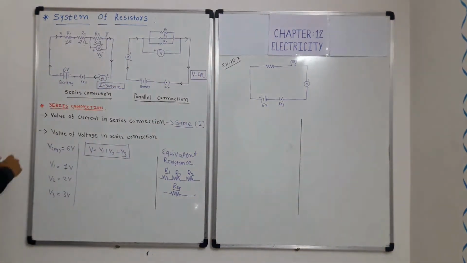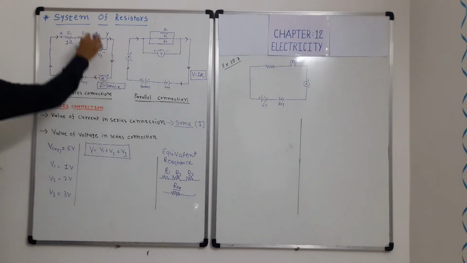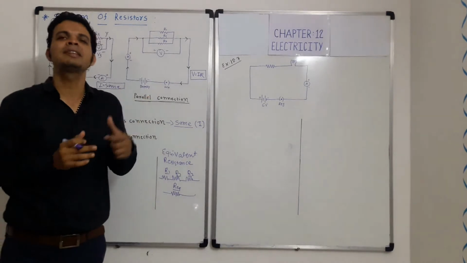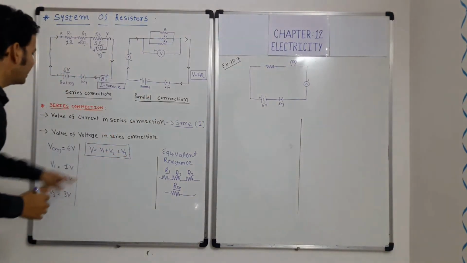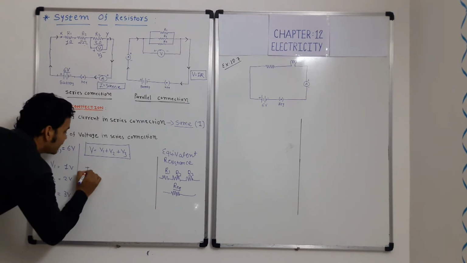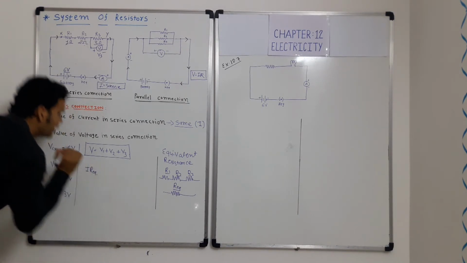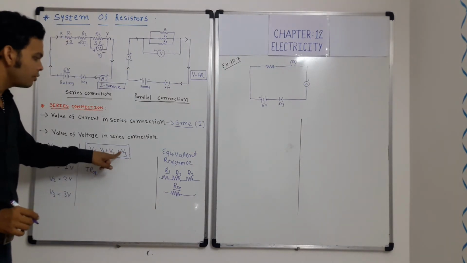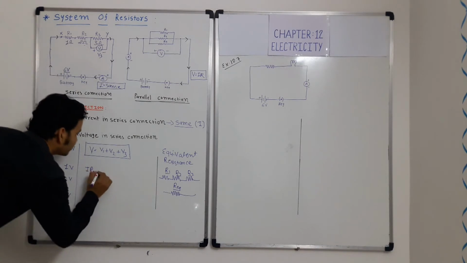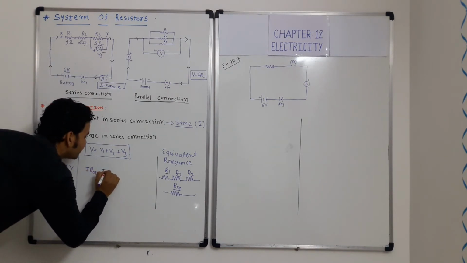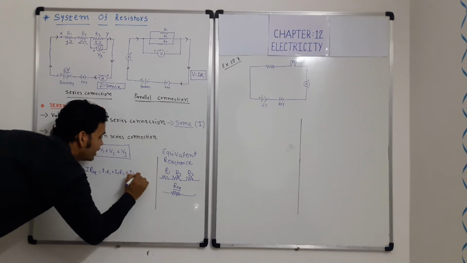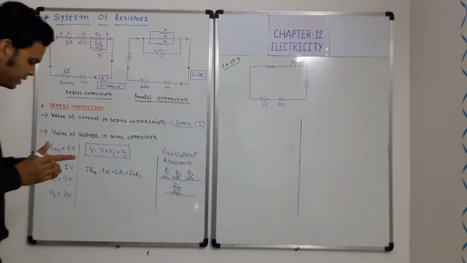So on the left hand side of this equation, if this total resistance has been replaced by one resistance, which is the equivalent resistance, then we can write V is equal to I into R equivalent. Can I write this? Okay. And on the right hand side, I1 R1 plus I2 R2 plus I3 R3. Is this step clear to you?